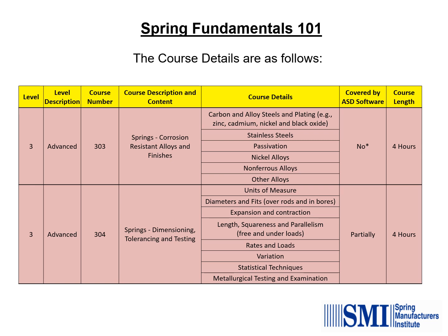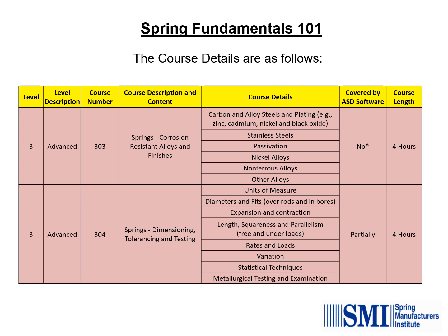On this slide, course details are presented for advanced modules 303 and 304. 303, springs, corrosion-resistant alloys and finishes. 304, springs, dimensioning, tolerancing, and testing. Each module is planned as a 4-hour session and will include limited examples for completion using the ASD software for